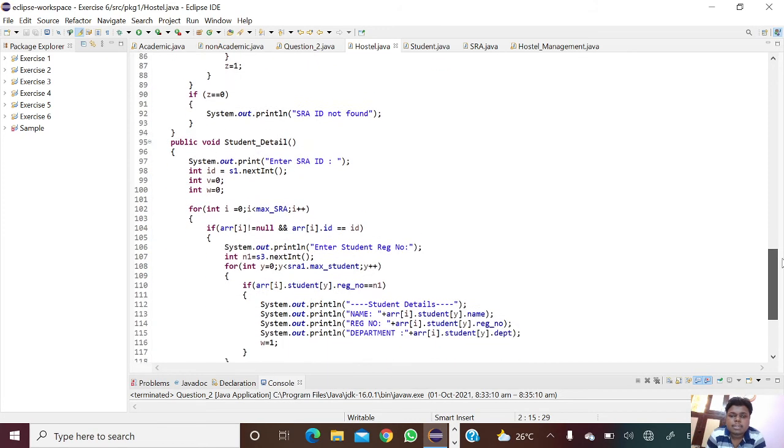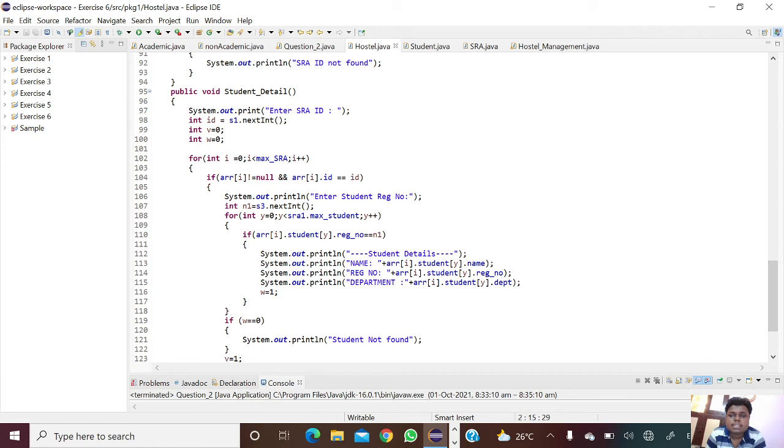Next you are going to see the student details. So you are getting the SRA ID, and then it will print the SRA ID, so int ID equal to s1.nextInt, and using int variables y equal to 0 and w equal to 0. Next using a for loop, for int i equal to 0 and i less than maximum, i plus plus. And using an if statement, if array of i not equal to null and array of i.id equal to id.